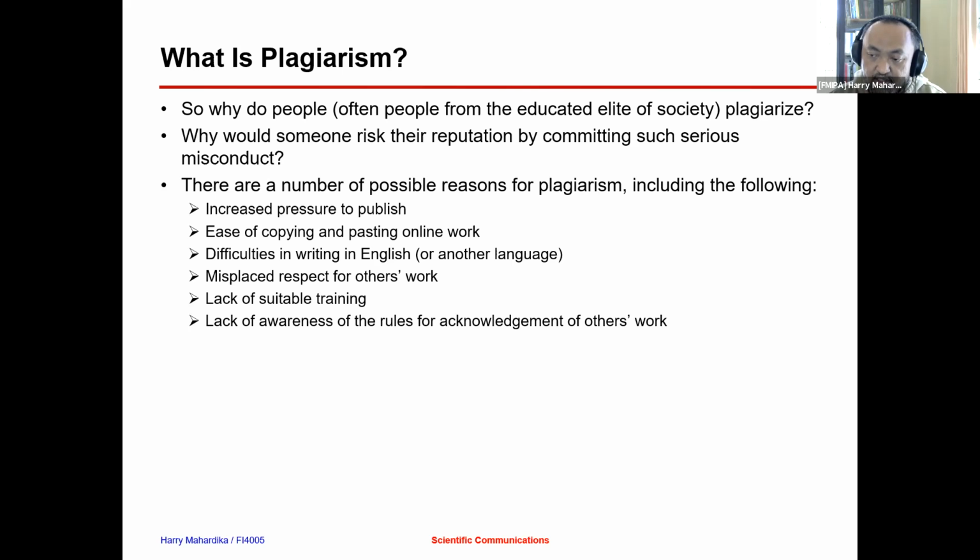So these are the things that need to be learned in the early stage, so that when we are in college, in graduate study, or even at the doctorate level, or when we write our thesis, dissertation, final project, and so on, we already get used to that action. Because if we are not, then this act of plagiarism is still going to continue in the future. And then the third reason why plagiarism is happening is due to the fact that